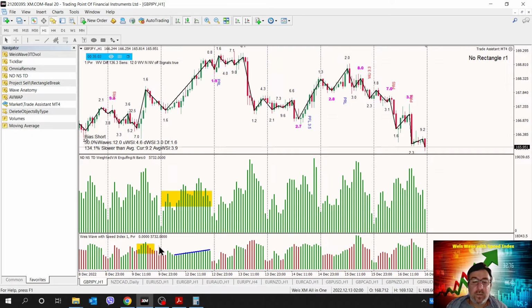That's what the progressive volume looks like. Also here you can see it says PVR. The indicator always says what kind of wave type you are using.